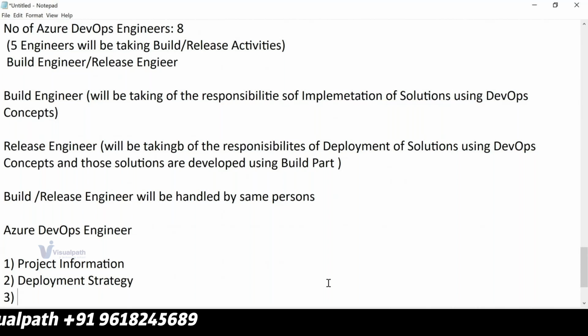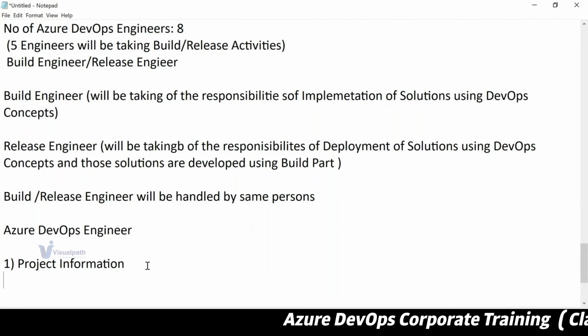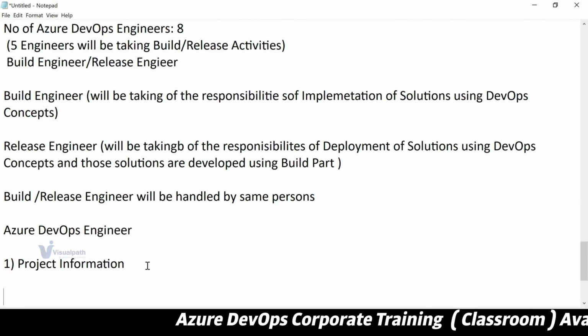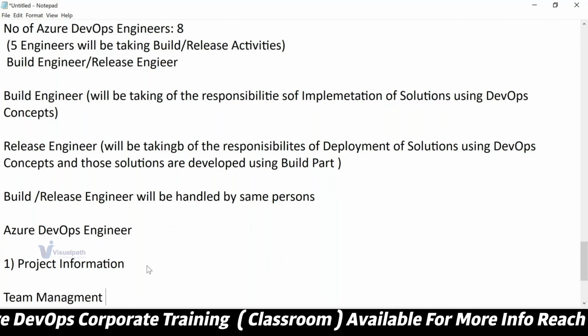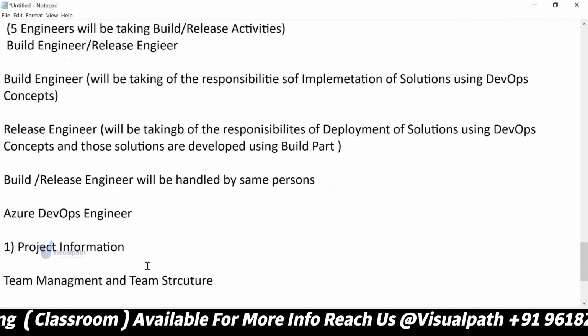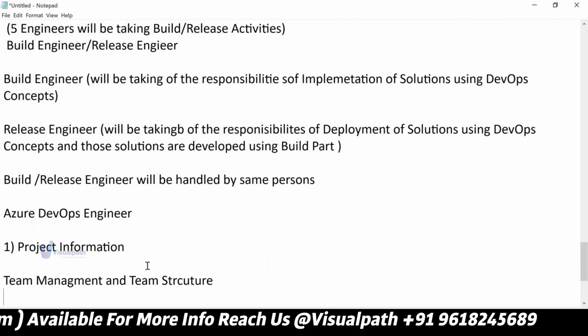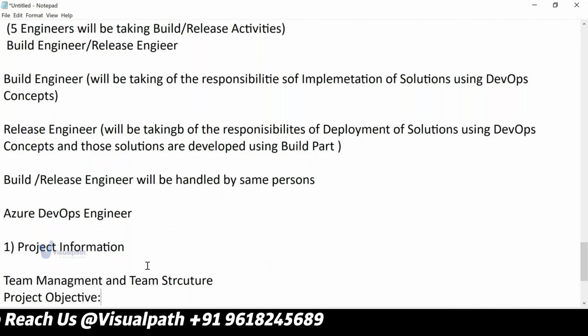So let me be more clear on this. If they are asking about the project information, then you need to discuss the team management and the team structure. First point. Second point, you need to tell about your project objective. I'm telling you again,